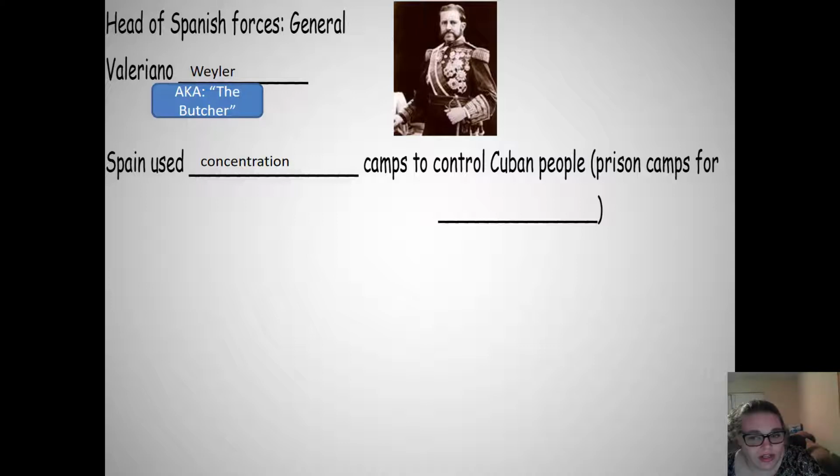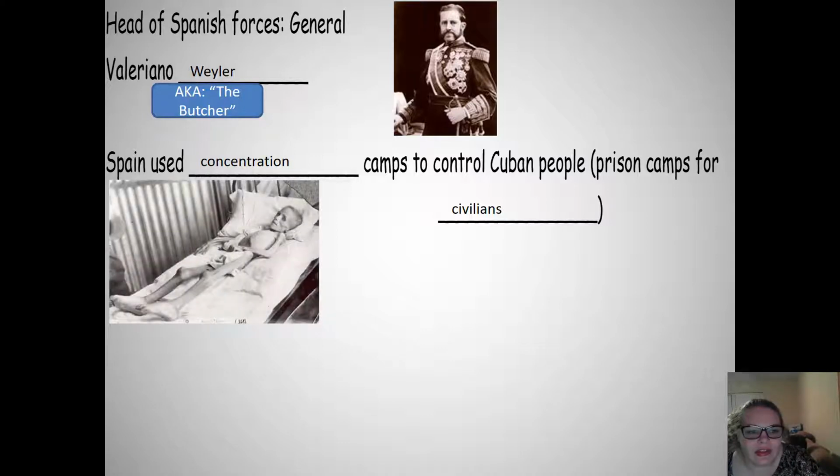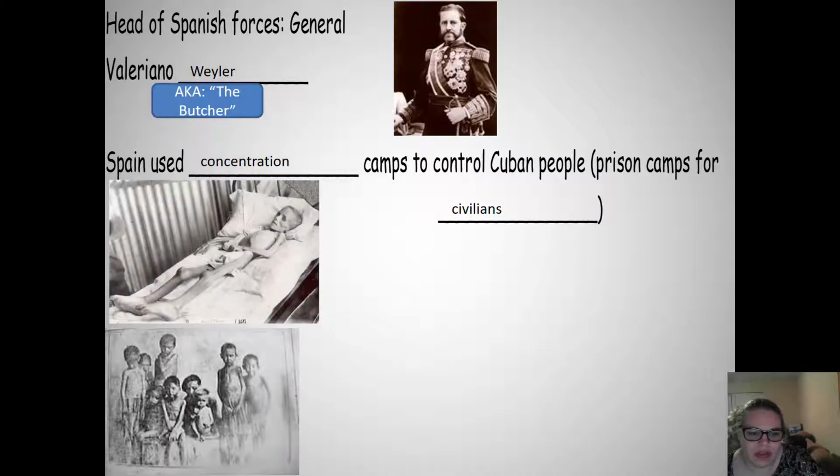Now, a concentration camp is a prison camp for civilians. If you're putting soldiers in them, they're called POW camps, not concentration camps. They're called prisoner of war camps if they have soldiers in them. So the concentration camps in and of themselves, not necessarily a bad thing. Like, everyone's done it. It's a way to control the population, right? If you don't know who the enemy is, you throw them all into a camp, put a fence around the camp so nobody can leave, and it doesn't matter if they're the enemy or not, they can't hurt you now, okay? The problem is the way that they were treated in these concentration camps.